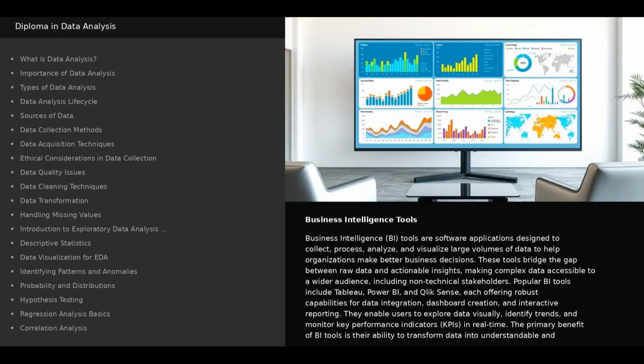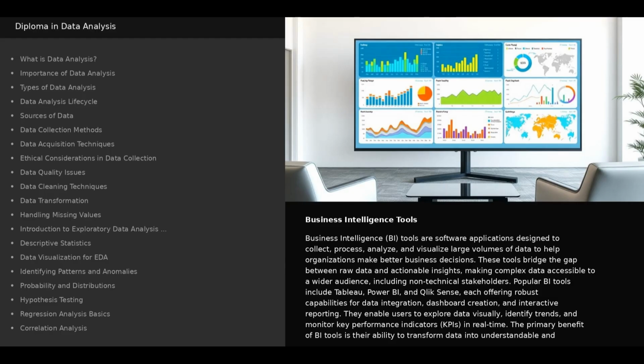Business intelligence tools. Business intelligence (BI) tools are software applications designed to collect, process, analyze, and visualize large volumes of data to help organizations make better business decisions. These tools bridge the gap between raw data and actionable insights, making complex data accessible to a wider audience, including non-technical stakeholders. Popular BI tools include Tableau, Power BI, and Qlik Sense, each offering robust capabilities for data integration, dashboard creation,